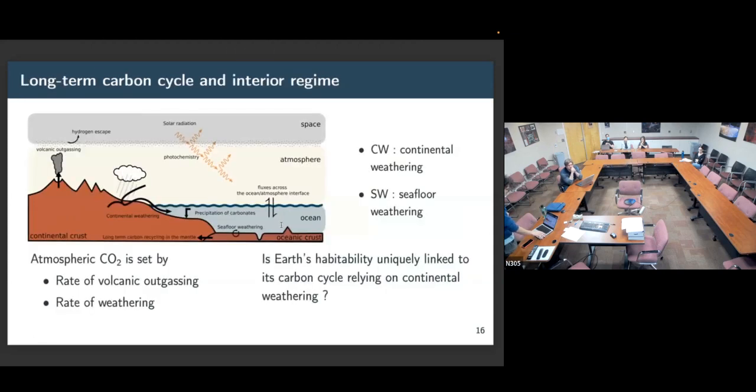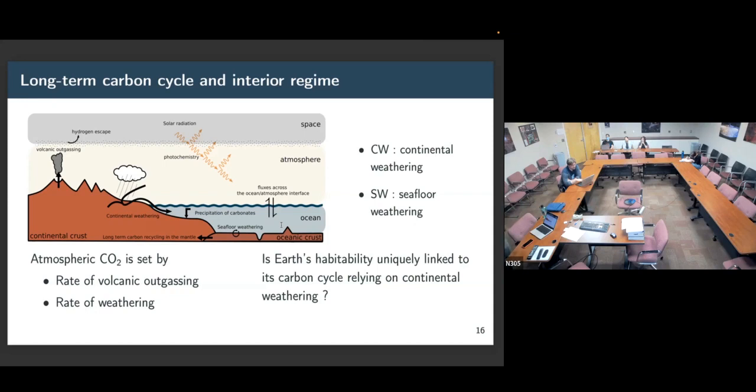And then we ask what type of hypothesis can we look at and test, right? So here I was talking about continental weathering and seafloor weathering, but all of that is really Earth-centric, right? It's what we have on Earth right now. Has the habitability of the Earth through time been linked to the existence of all of those processes working together, especially this thermostat on climates, or is it expected to be a more generic property, this thermostat-like behavior?